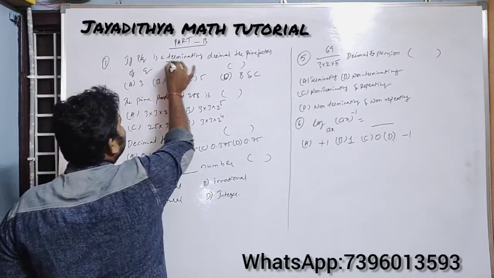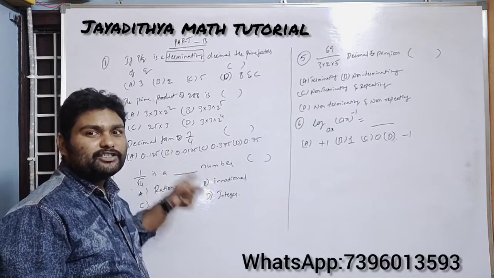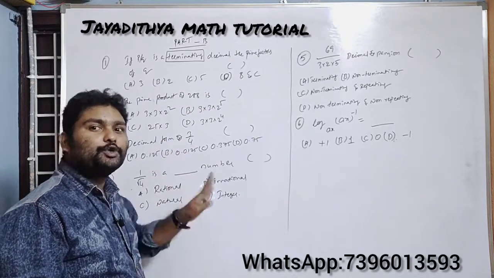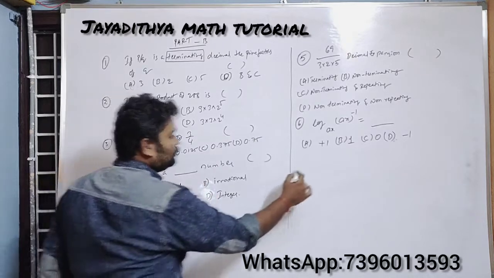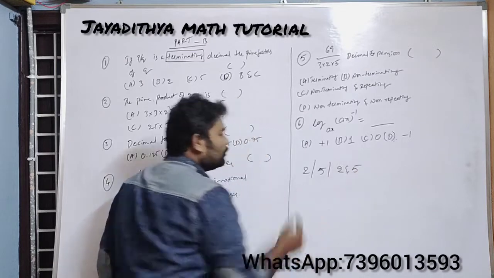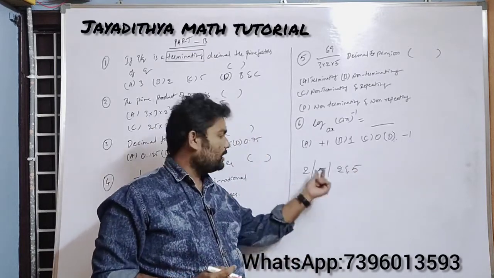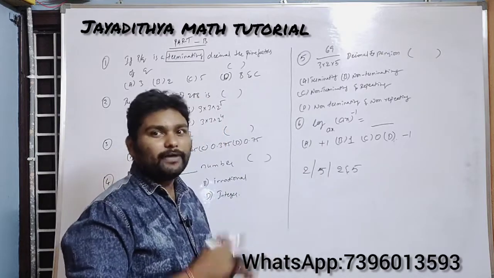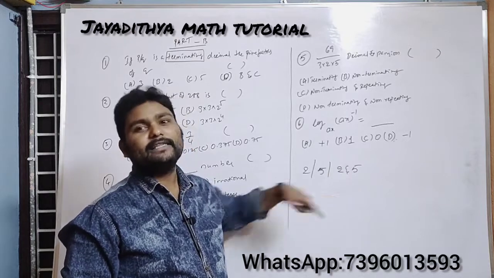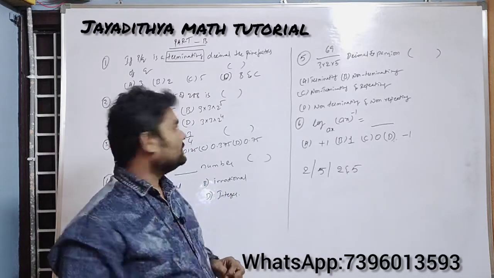So see here, what is the condition he has given? It is the terminating decimal. So you should know the theorem. So the prime factorization of q should have only the prime factors as 2 or 5 or 2 and 5. It can be either 2 or it can be 5 or 2 and 5. If it has any other integer in the denominator, then it is nothing but repeating decimal. It is not terminating actually.